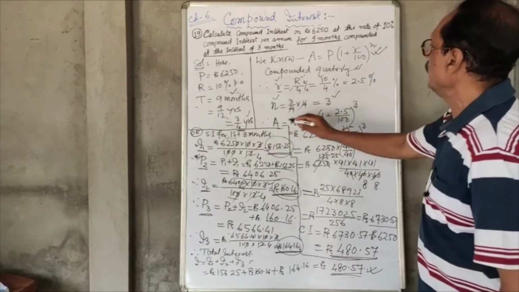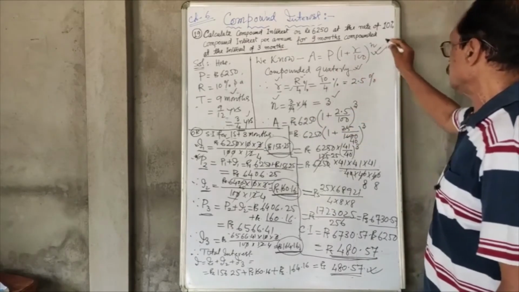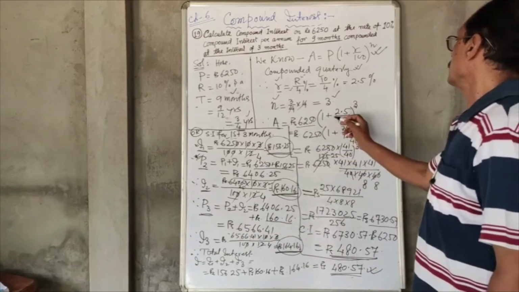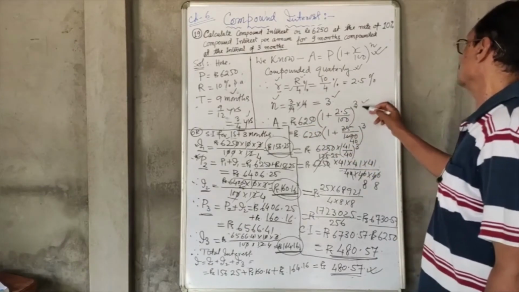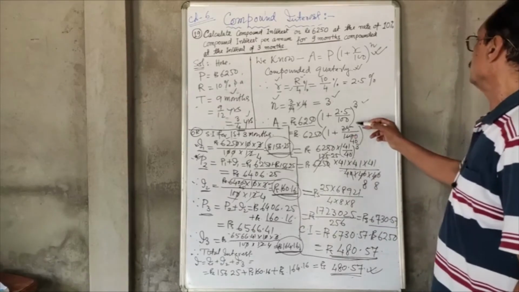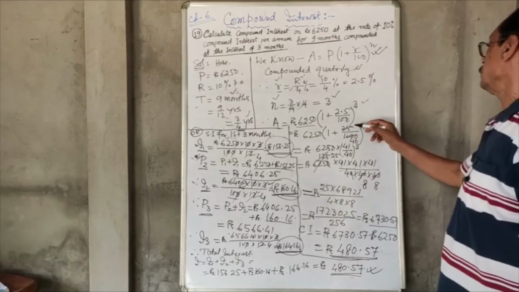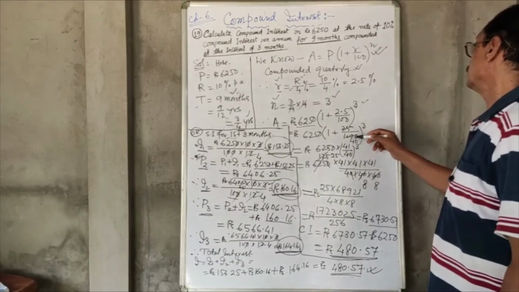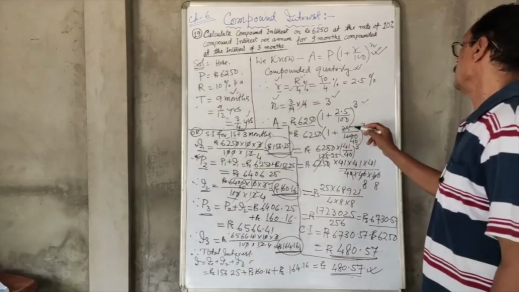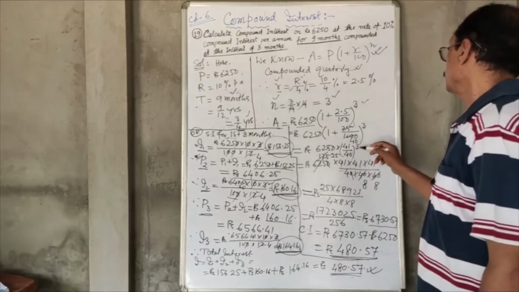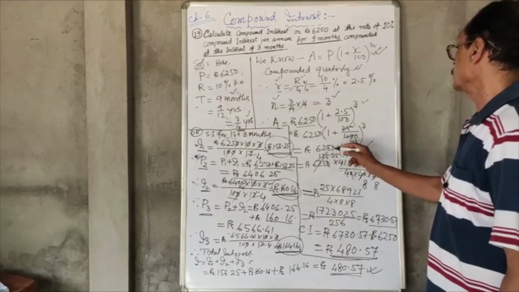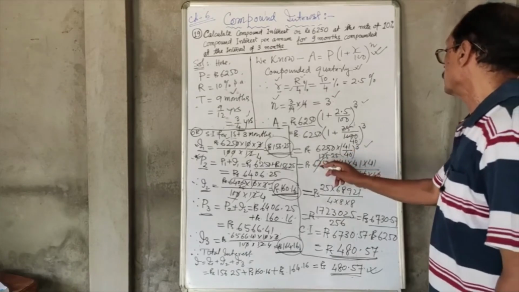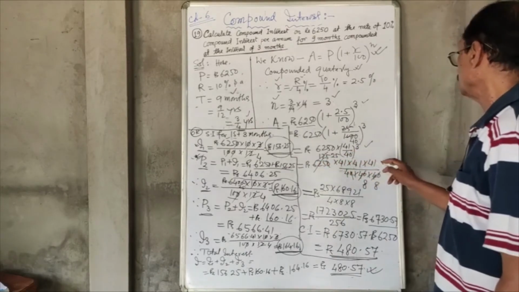So using the formula A is equal to P into 1 plus R by 100 to the power n. Principal is given here as 6,250 rupees, into 1 plus 2.5 by 100 to the power n, where n is 3 here. Calculating 2.5, removing the decimal, we write 25 by 1000 and cancelling, that is 1 by 40, and 40 plus 1 is 41. So 41 by 40 whole cube. So 6,250 into 41 by 40 whole cube. After calculation, you will get rupees 6,250 into 41 into 41 into 41 over 40 into 40 into 40.